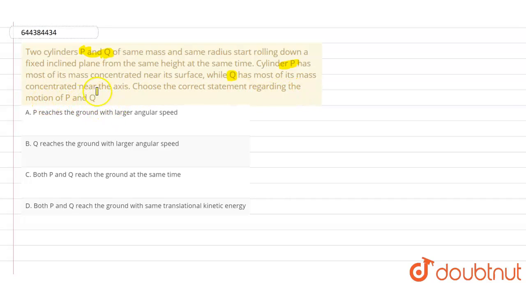So I will try to explain this question with the help of a figure. These two are the cylinders P and Q, which are rolling on this inclined surface from this height, this is the height h. As they are rolling, cylinder P has most of its mass concentrated on its surface, while for the Q cylinder, most of its mass is concentrated near the axis only. So according to that, acceleration